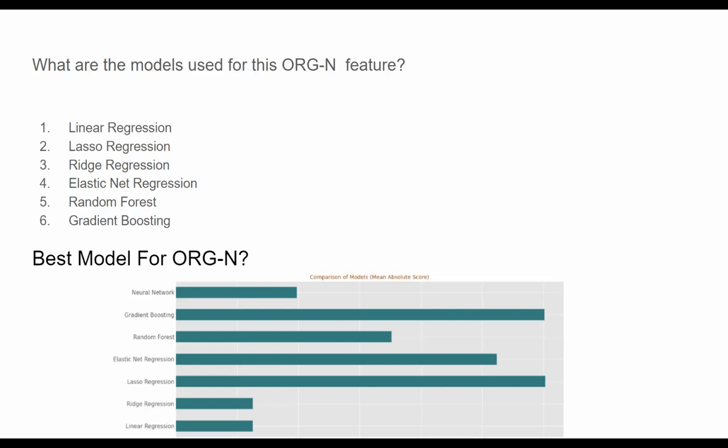For ORGN, these are the models we used to implement this: linear regression, lasso regression, ridge regression, elastic net regression, random forest, and gradient boosting. When we implemented all these models, we got a best model. That one will be